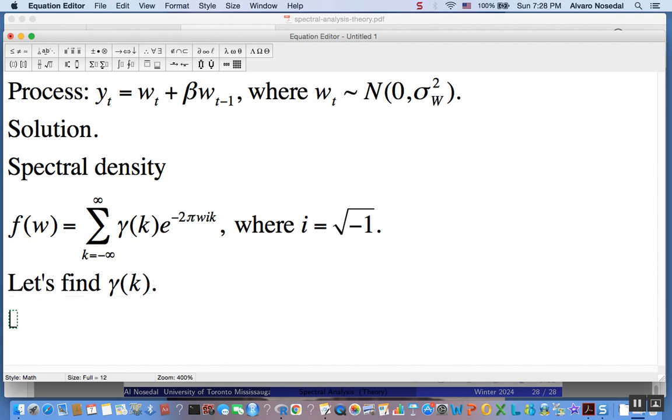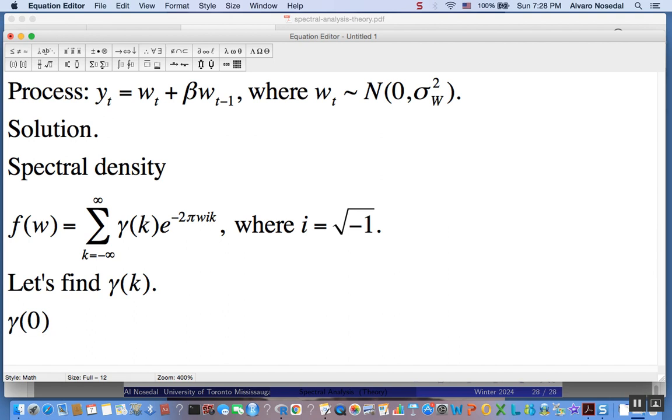Okay, here we go. So let's proceed as if we were taking a test. Okay, so let's find gamma at 0 first. So gamma at 0, that would be